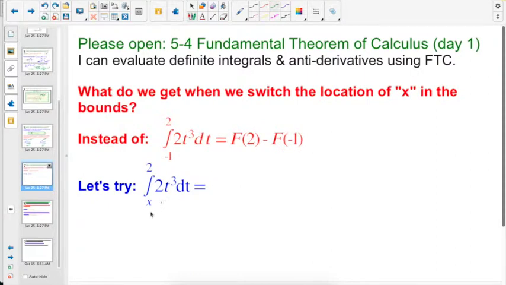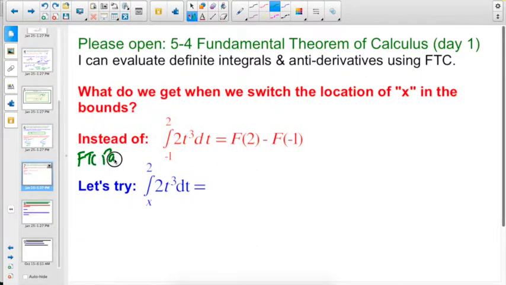What we're going to do is look at how we can apply the fundamental theorem of calculus, part 1, to when we have the variable in the lower bound and a constant in the upper bound. And so we're going to go back to the function we know so that we can do this quickly. So we know that the antiderivative here is